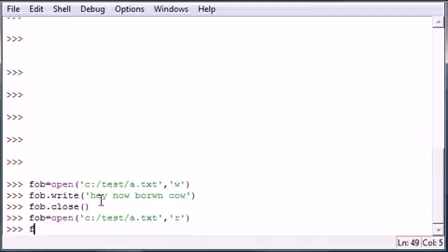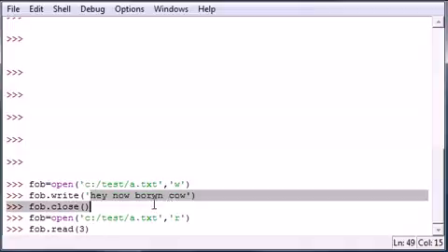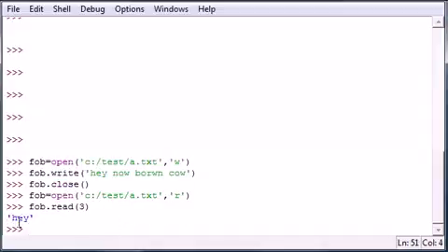Now once you have your file object, in case you didn't figure out, you can go ahead and use the read function to read from your file. Now the read function actually takes parameters, believe it or not, and the parameter it takes is how many bytes do you want to read, and a byte is the same thing as a character, whether it be a number or a letter. So let's go ahead and read the first 3 characters of this file, which includes hey now brown cow. Press enter and it says hey, since it's 1, 2, 3. I gave you guys the first 3 bytes. And this takes parameters because sometimes you don't want to read an entire file if it's huge or something. But let's say you did want to read an